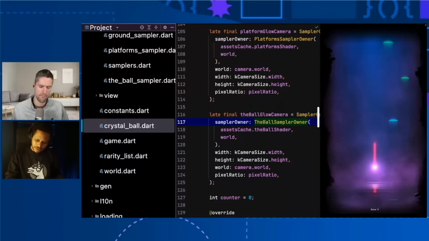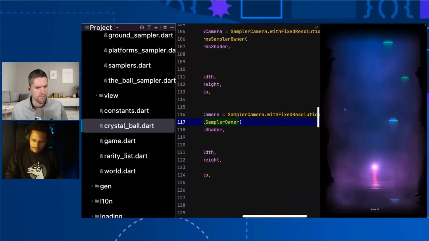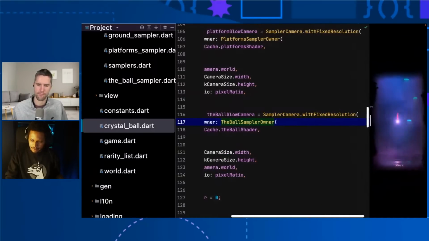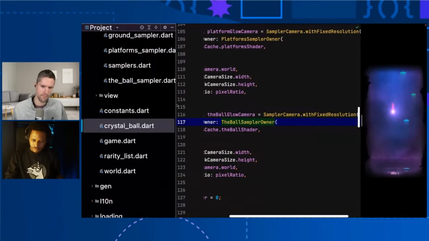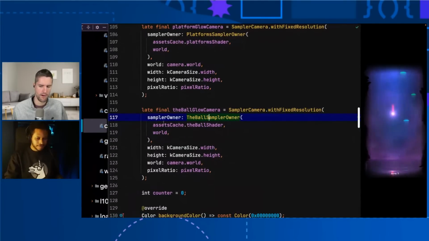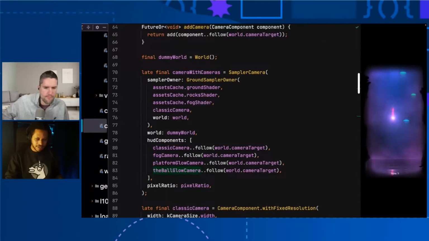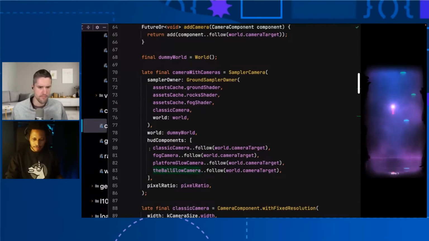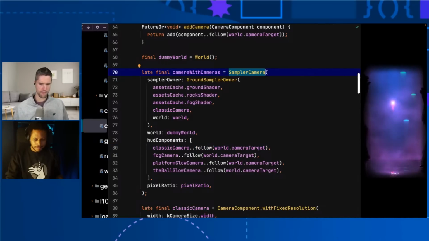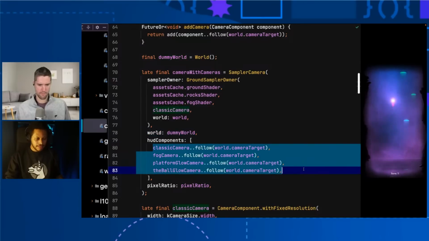So okay, let's look at the ball. I think the ball is the most simple example we can go, or maybe the platforms, but let's go for the ball. Let me just make more room for the code here. All right, so we have a sampler camera, that afterwards we are adding to the camera with cameras. This is the thing that's going to the screen, but it's actually the HUD of these components. And the world for this camera on top is just a dummy world, doesn't paint anything, but it will use the HUD to pass through its own shaders. Back to the ball